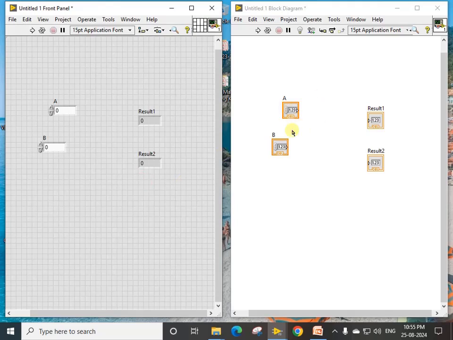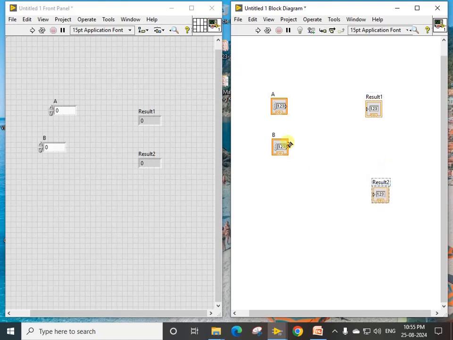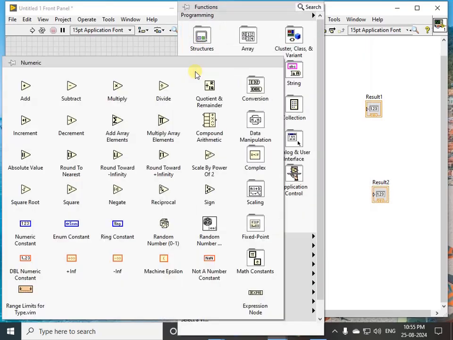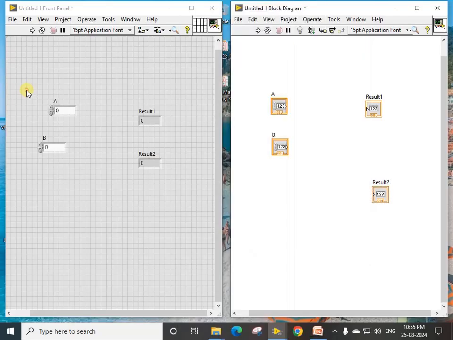Now I am going to show the mouse based drag and drop approach as well as the text based approach. Both approaches are applicable in LabVIEW, but we mostly use the mouse based approach of drag and drop based programming. So I'm going to add two numbers using the add VI,